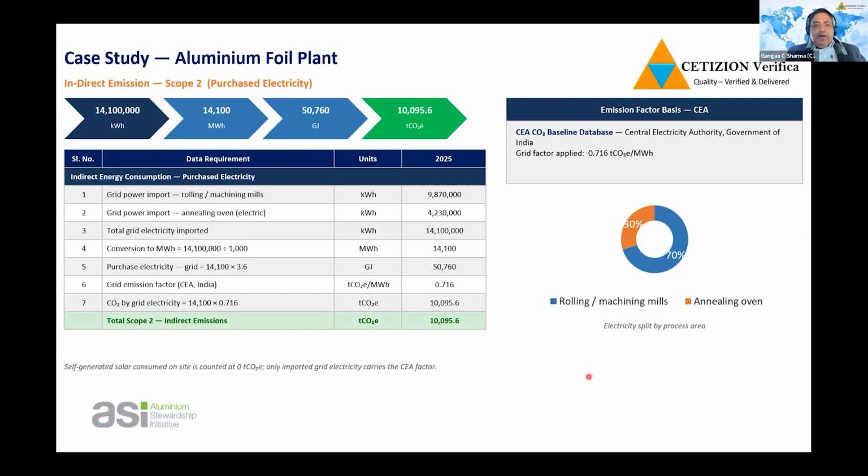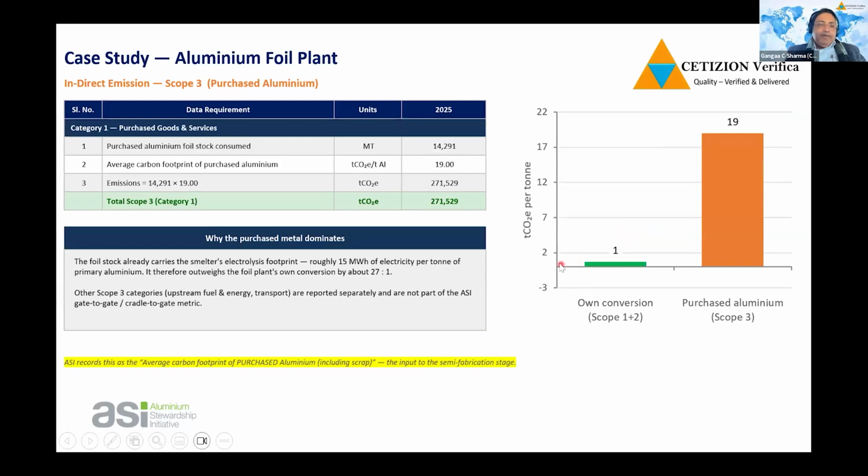So that's how a foil company looks. Scope 3 is always high, followed by scope 2, followed by scope 1, and that's what a typical GHG emission profile of a downstream company looks like. If we are lucky to have a low carbon aluminium input, this balance might change, but more or less this is the situation as of today. I think